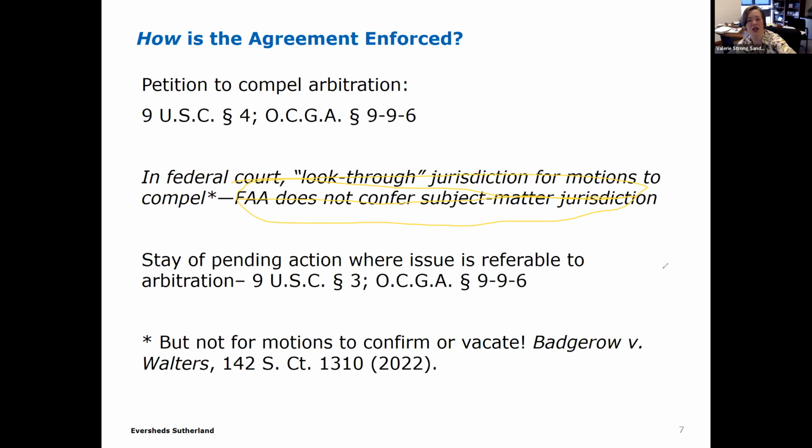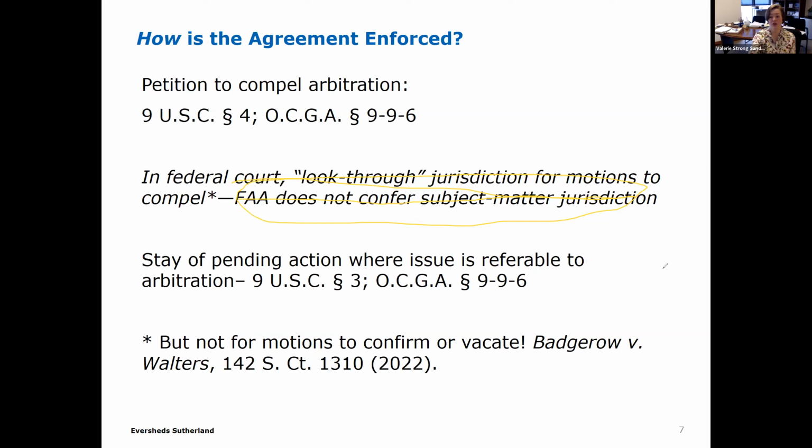In the middle, which I kind of skipped over, there are provisions in both the federal and state act to stay the pending action where the issue is referable to arbitration, right? So generally speaking, if there is a pending action, if you're in the situation where you have been sued in court and are bringing a motion in that action to say, hey, court, we've got an arbitration agreement, please compel arbitration of this,